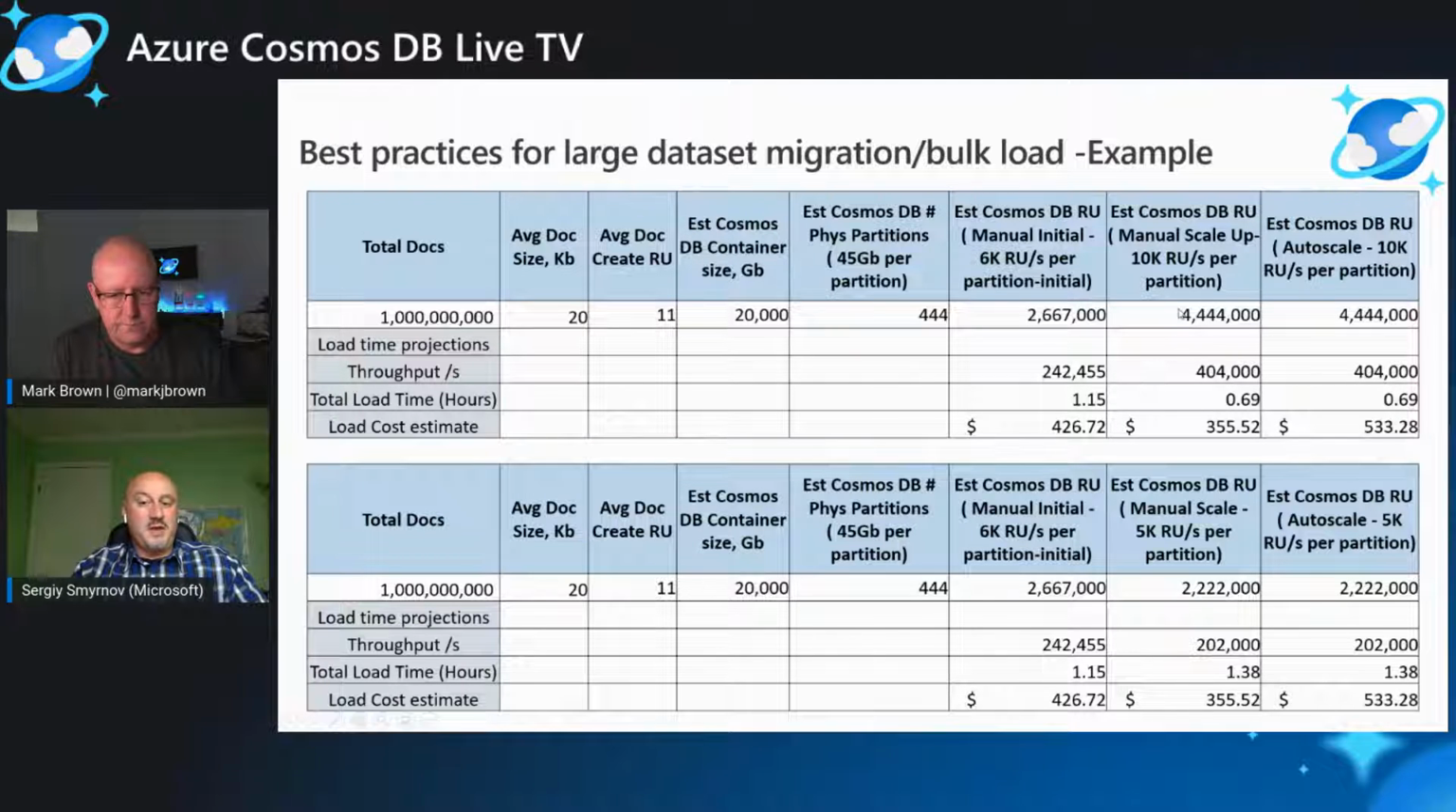But with manual scale up, basically creating those 444 partitions using 6K and then scaling up to 10,000 RUs, we can double the throughput, load it in less than an hour, and it's going to cost us only $355. So from that perspective, it may be counterintuitive, but creating